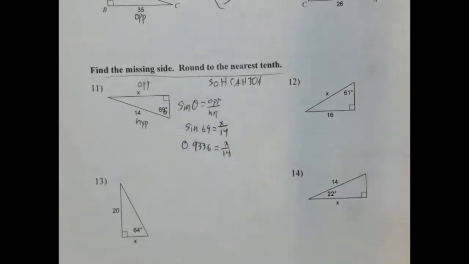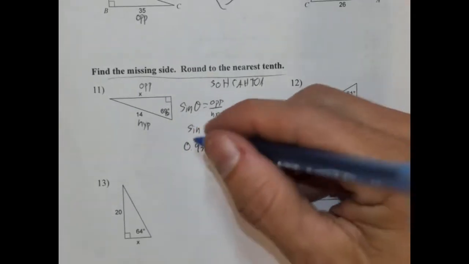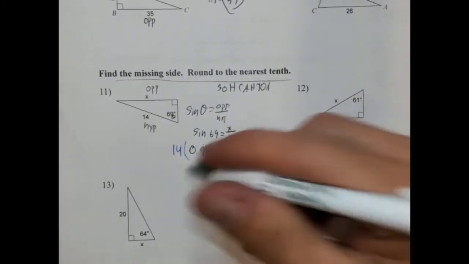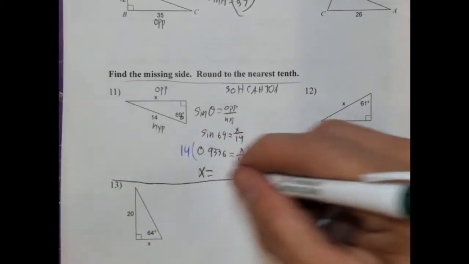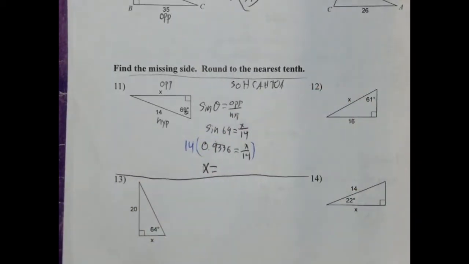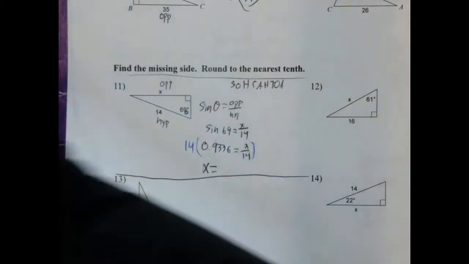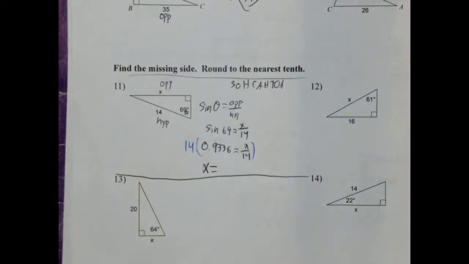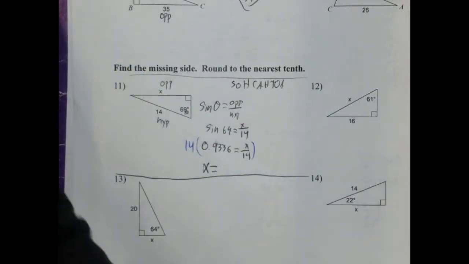Okay, and now we just solve this algebraically. So we're going to multiply both sides by 14, and that'll give us the value of x. So x will equal, and I'm going to use a calculator because I'm going to be a little lazy here. So I'm using a calculator off screen. I apologize, I don't have a calculator ready. I should have one. And we're going to say 14 times